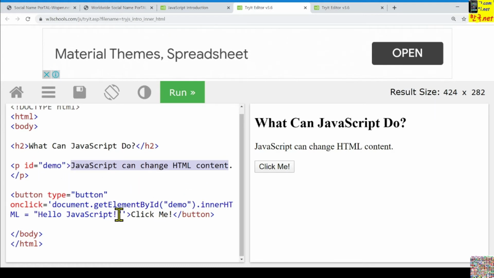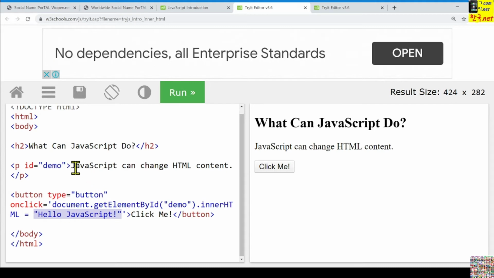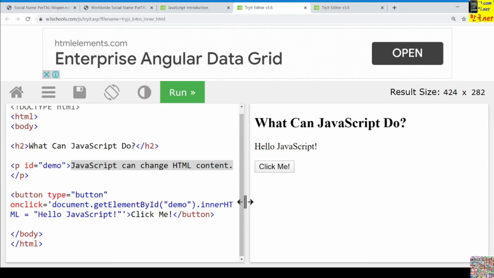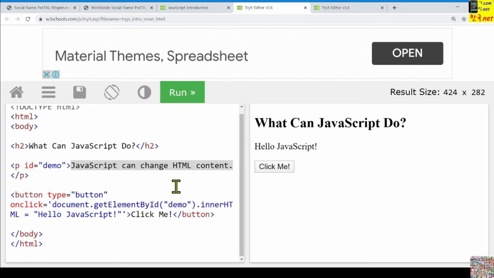If we are changing, this assignment means changing the innerHTML, means that the contents will be changed to Hello JavaScript like this. In this way we can change the contents of this element.